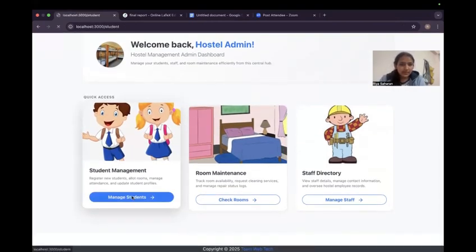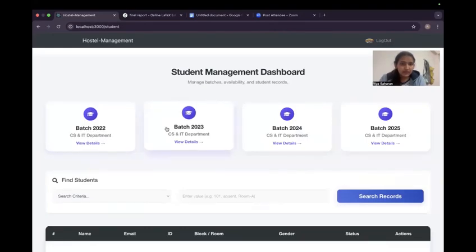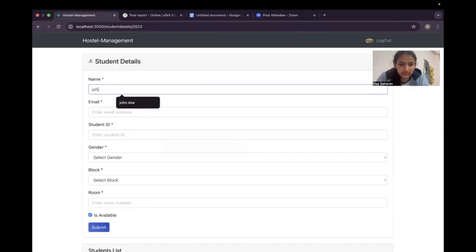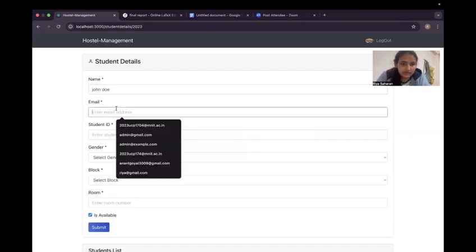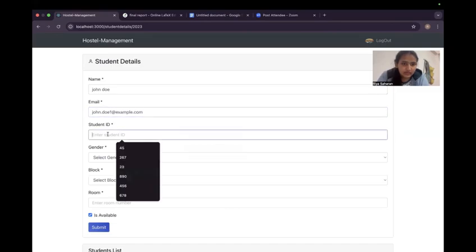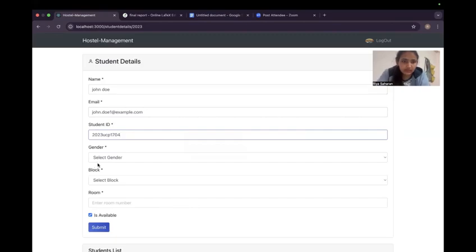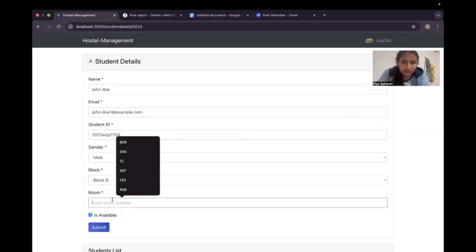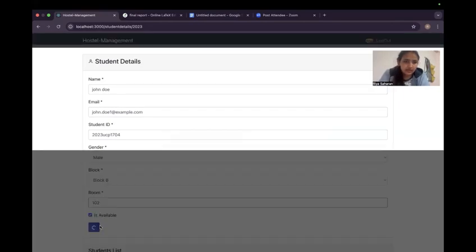Let's say I click on manage students and I want to add a student. The name of the student is John Doe, email address is john.doe1@example.com, and the student ID is, let's say, 2023 UCP 1704. Gender is male, block is B, and room number is 102. If I add this,